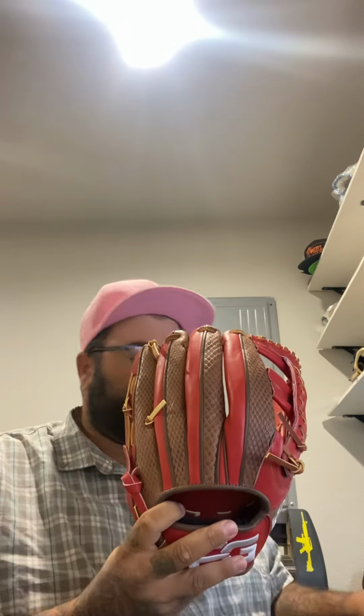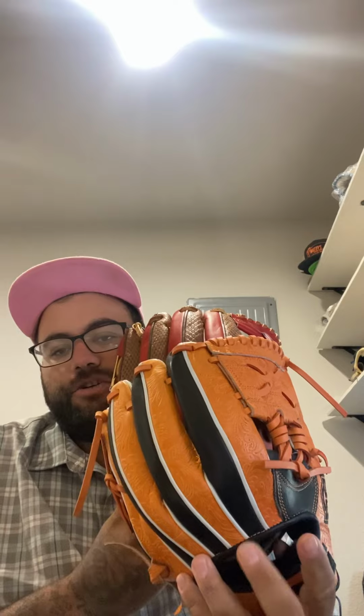And then I wanted to go over quickly our Japan Elite series here. Can you see this here? See how this welting is split compared to this welting, which is straight up and down here. When this welting is split here, and see how that is red in there, that is your palm, one-piece palm, pulled through here, pulled and stretched down and welted right here. It does a lot of cool things to the pattern. It gives you that shallower pocket. It's pulled tight, depending on how tight it's pulled during